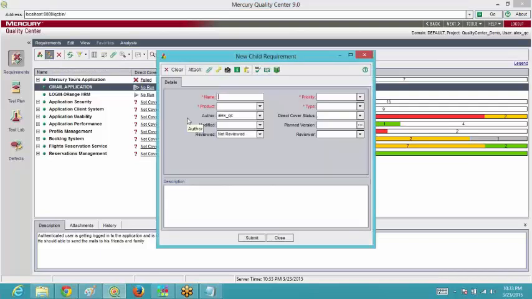So under this Gmail, the first new requirement that I want to create is the login. The product is again the same. It's not modified, not reviewed, and it is also a functionality requirement. The status is also no run. Now, what description can I give about the login? That